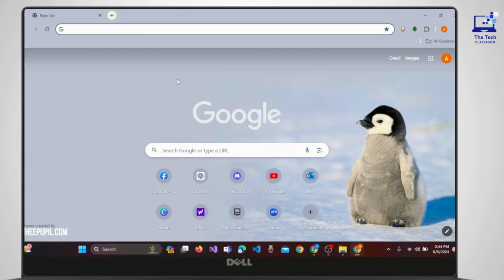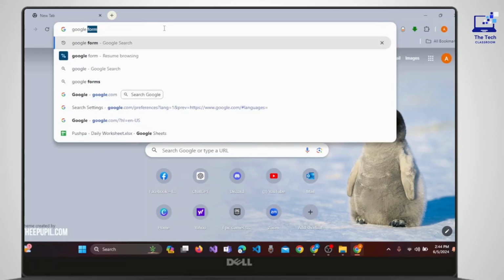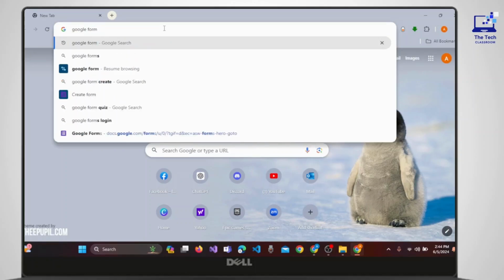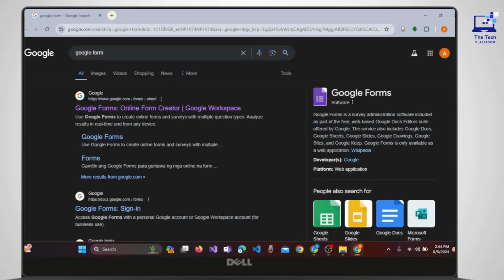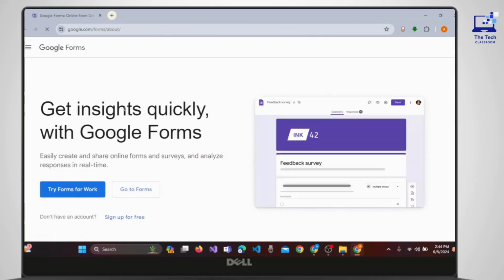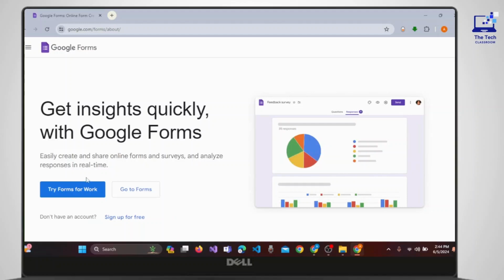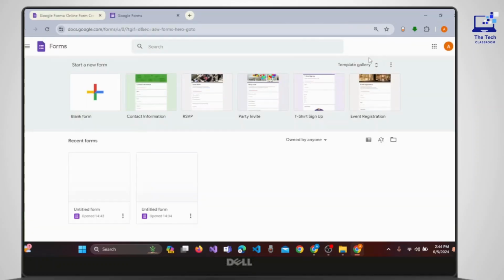Currently, on the PC, you can easily open any browser of your choice, and on the web address bar, search for Google Form. Then press enter on the keyboard. On this result page, you need to click on the first link that says Google Forms, and then the official interface of Google Forms opens, where you have to click on Go to Forms. Make sure to sign in on your Google Form account, where you can easily choose any Google Form that you